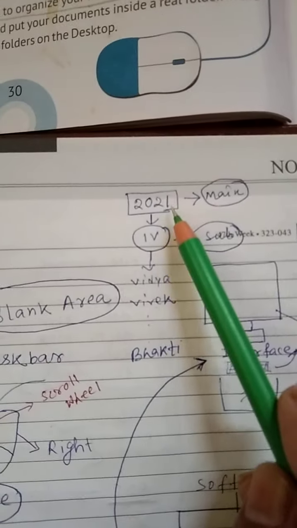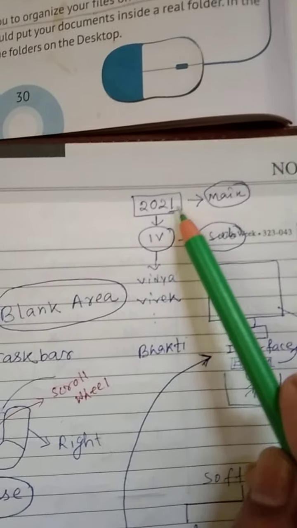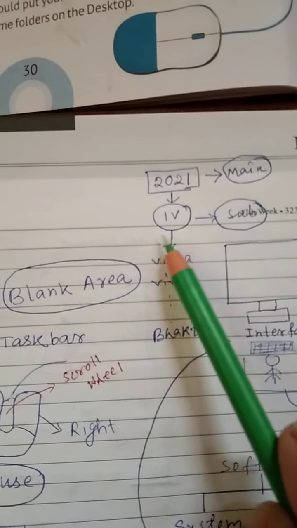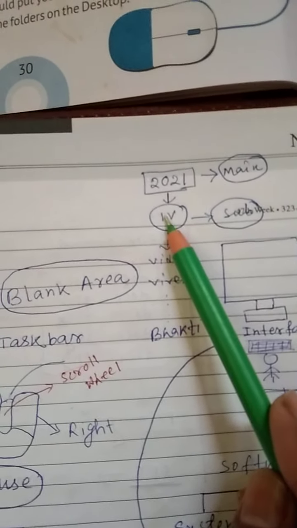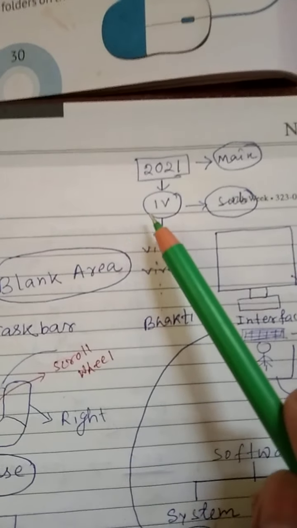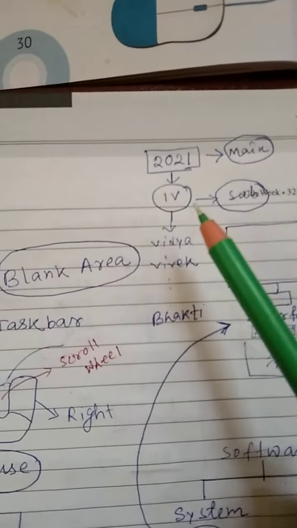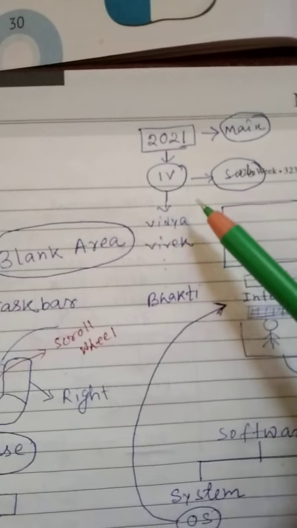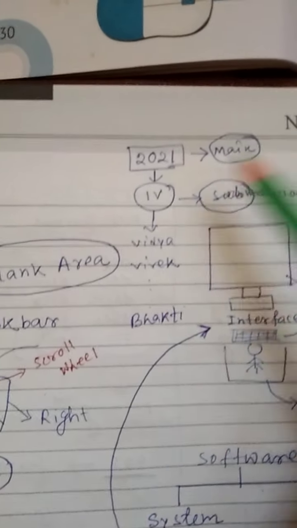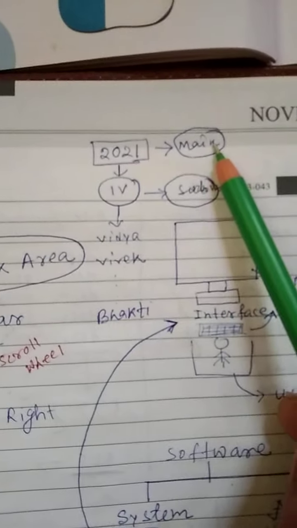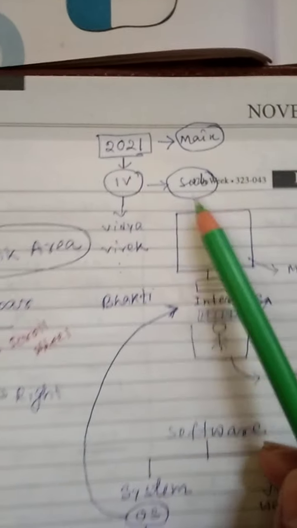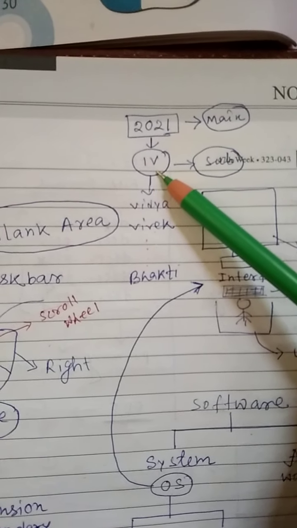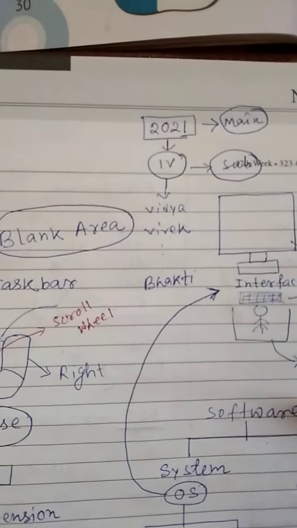When you double click on that particular folder, that means you are inside the folder and you want to create another folder. The name of the folder is Standard 4. Again you follow the same procedure, and when you double click on that Standard 4 folder, you can create another subfolder also. So look here, 2021 is the main folder and Standard 4 is the subfolder, and the rest are all mini subfolders inside the Standard 4 folder. You can maintain it in this way on your desktop.